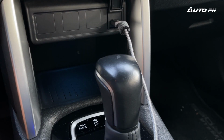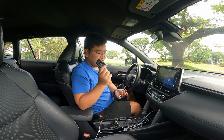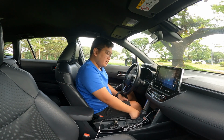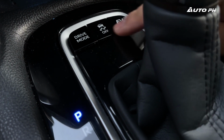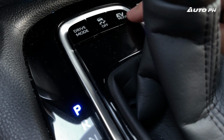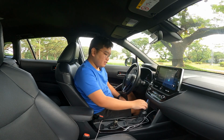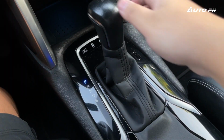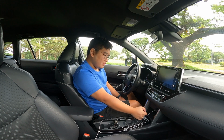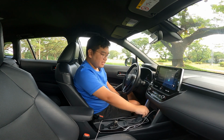Then over here, we have some storage. We can put our keys here, so we have our car key and our house key, and we can put those over there. Then over here, we have our drive mode selector, our stability control off button, and our EV mode. So if the battery is charged enough, we can use EV mode. We'll talk about that more later. Then over here, just our traditional gear shifter. So it's pretty good. Keeping it simple, that's what Toyota does best, and they really excelled in making this